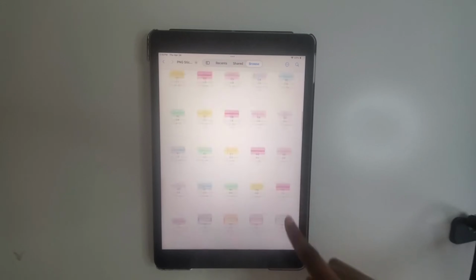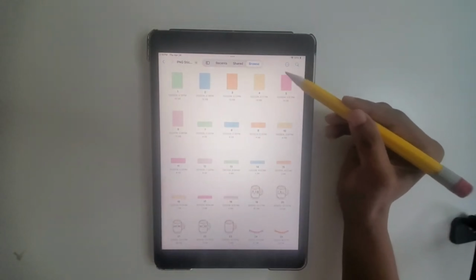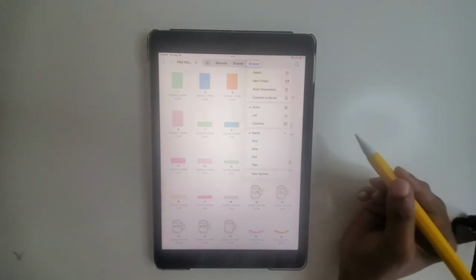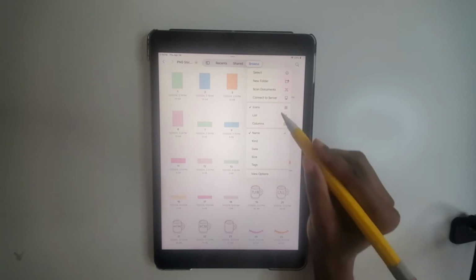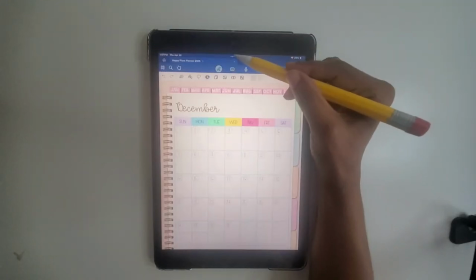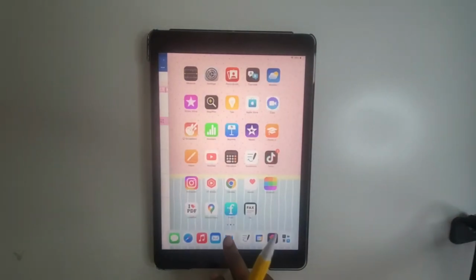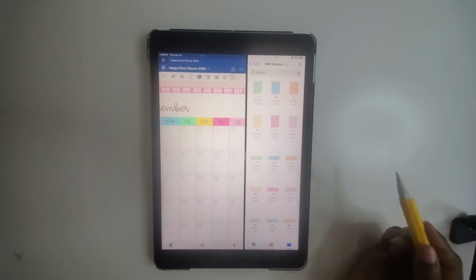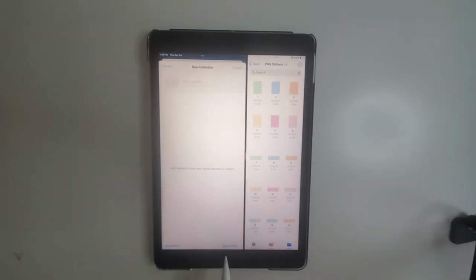If you see that your stickers are not in order, this is what you do. You tap on the 3 dots at the top right, and you want to make sure name is checkmarked and icons is checkmarked. Go back into your planner, tap the 3 dots, tap split view, tap files, tap PNG stickers, tap elements, tap the plus circle button,